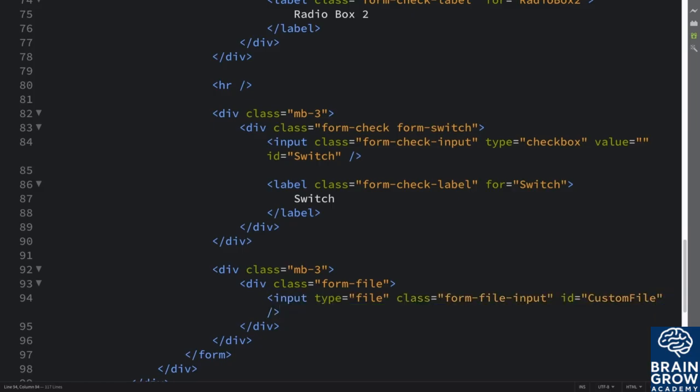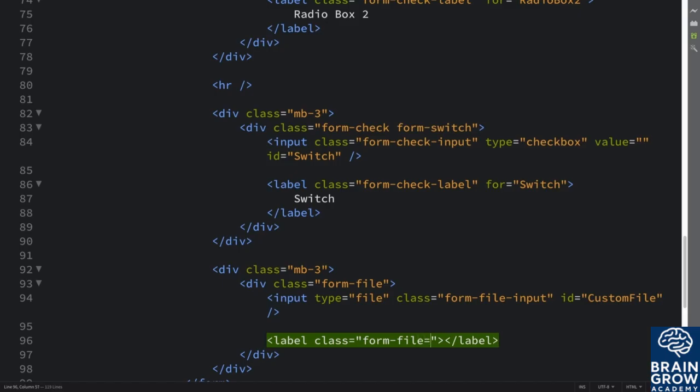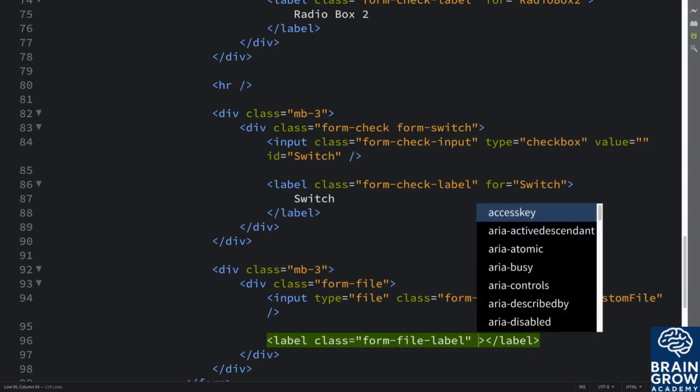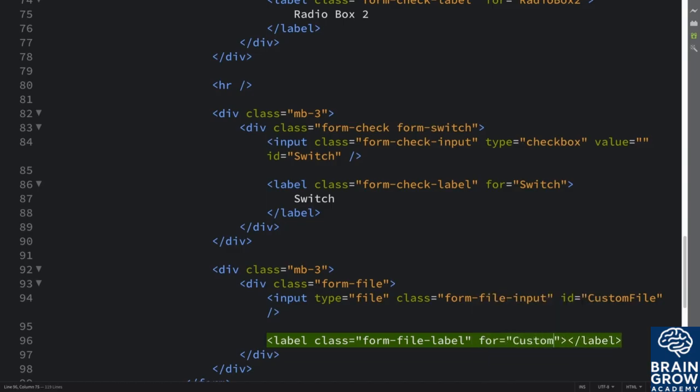Feel free to name this whatever you want relative to what you are meant to be uploading. It might be a video, it might be an image for an avatar, for example, or a thumbnail, whatever it is. I'm going to add a label just to describe what this is, and this is basically what you would actually be clicking per se. And we're going to put a class form-file-label, for equals custom file, so make sure it matches this ID,